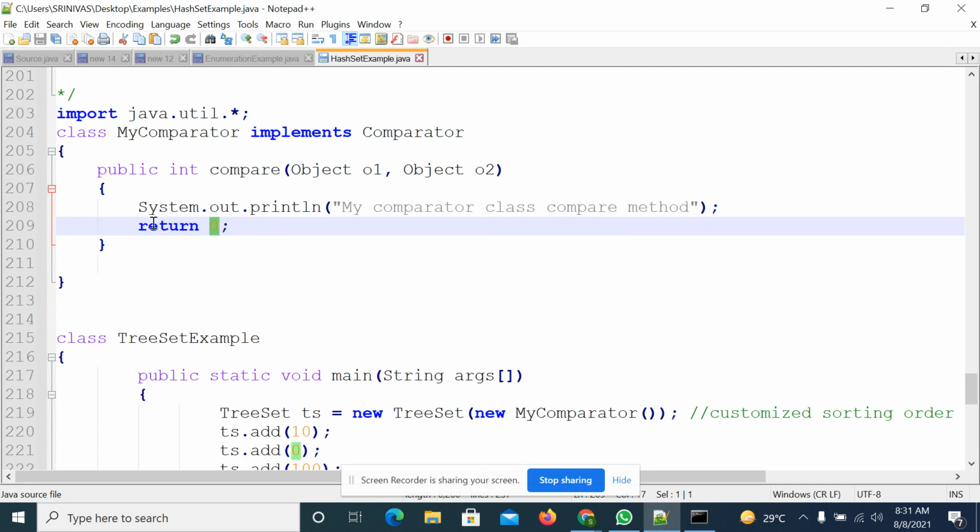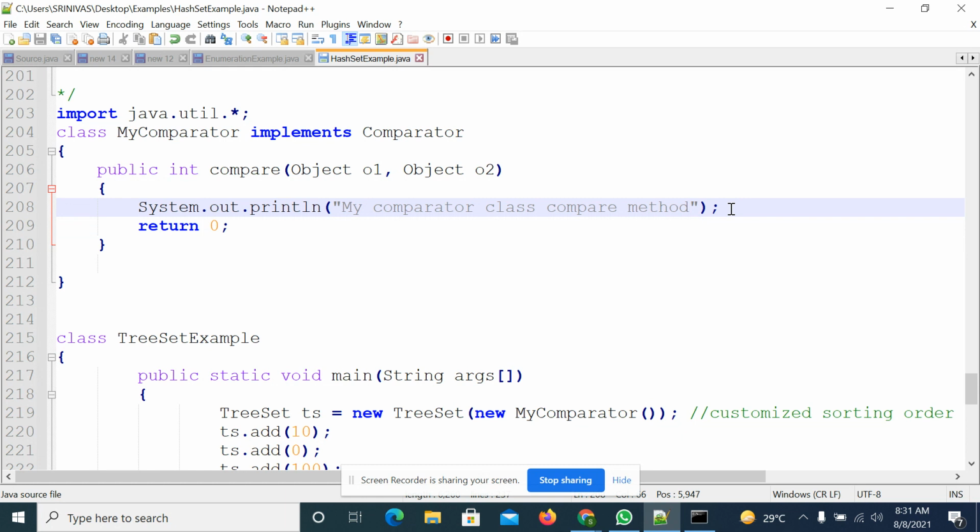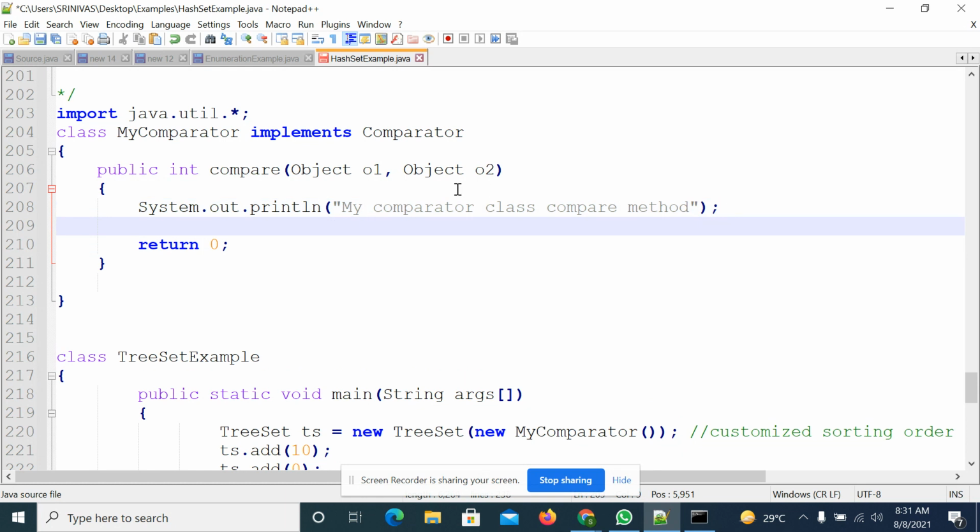So what I will do, I will update this code and add all the elements. See here how I will add the code. First I need to compare this element and this element. So these are in object format, obj1 and obj2. First convert obj1 and obj2 to integer numbers because you are adding integer numbers.